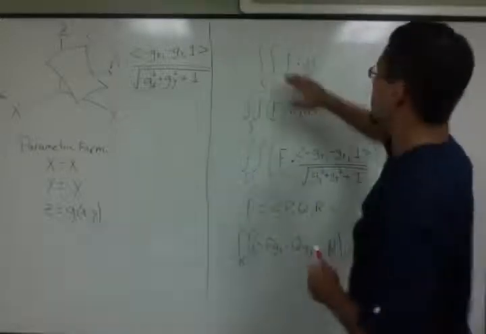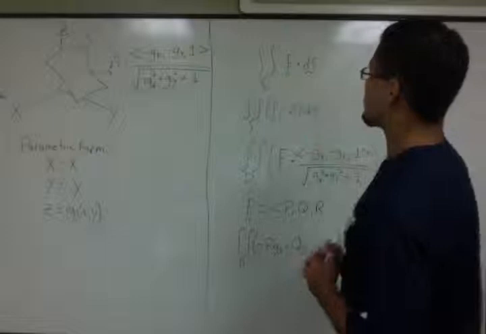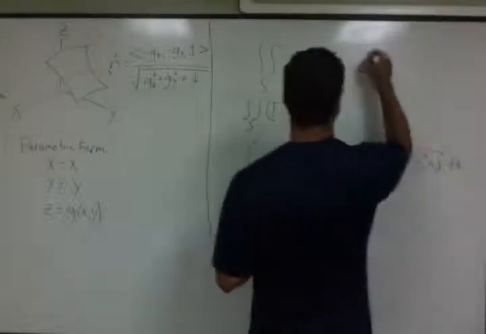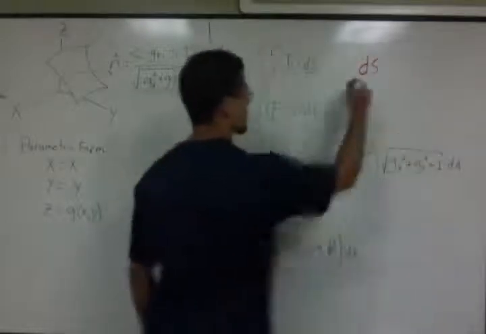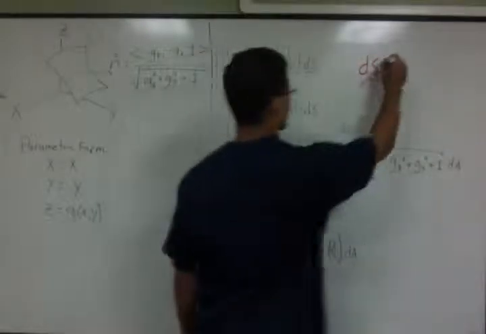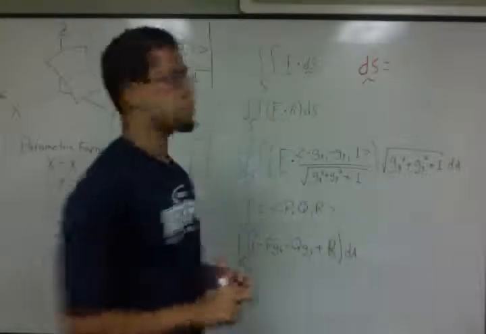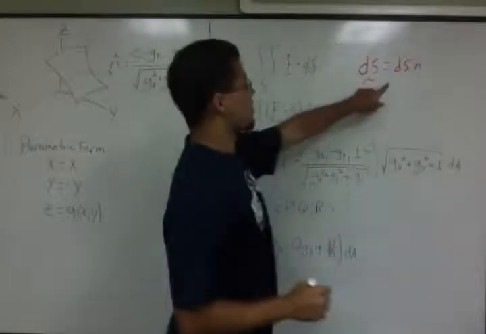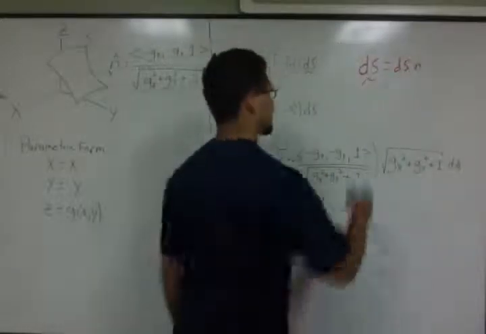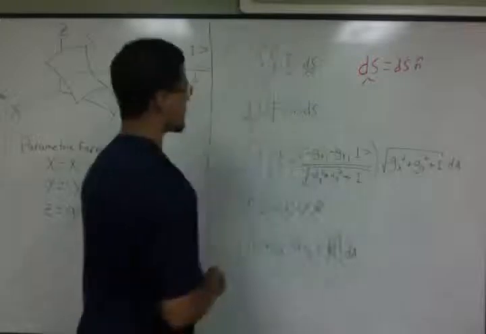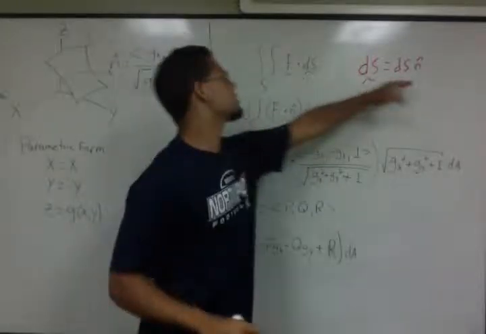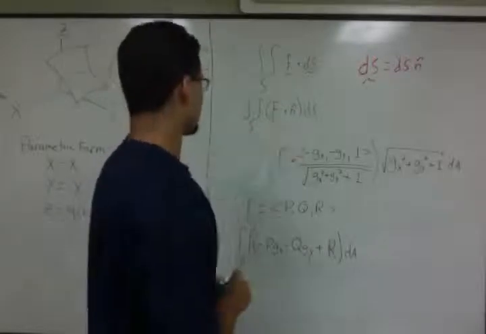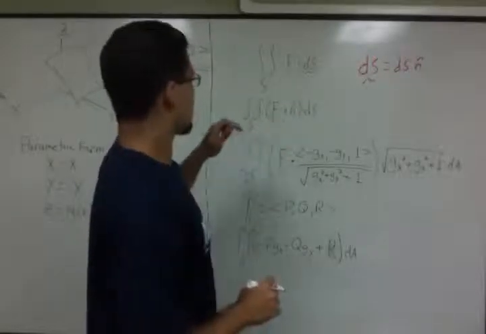Okay, so we go to this equation. All right, now we have to recall that any vector can be written as a product of its magnitude and its direction. So the magnitude of ds I will write without the under tilde. Okay. So then when you substitute this into this equation, you get this using some properties of dot products. Okay. Now we have to